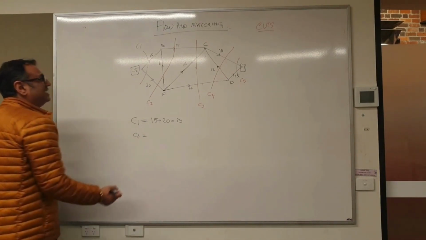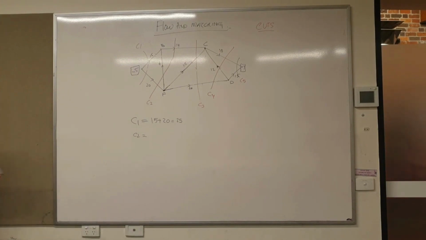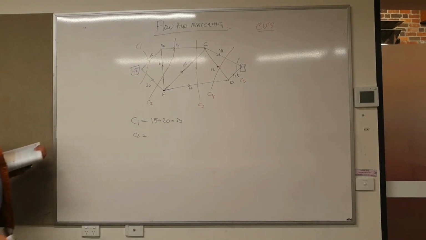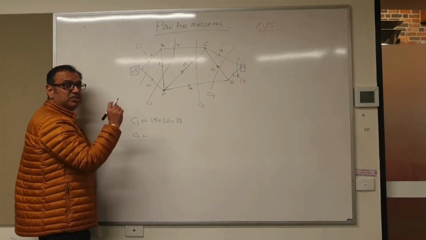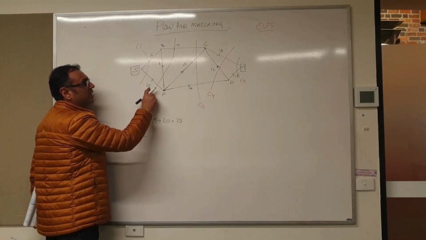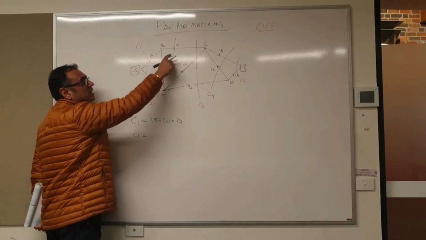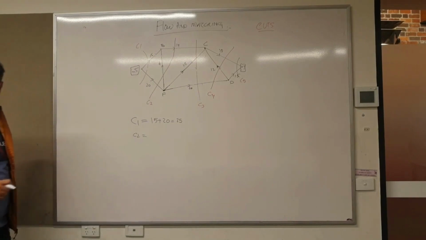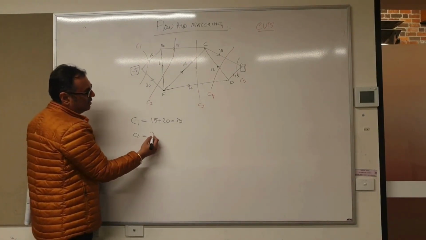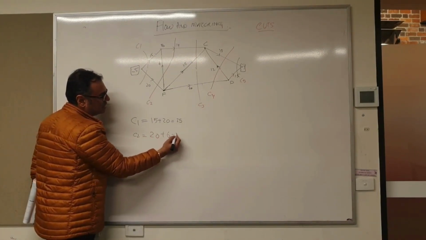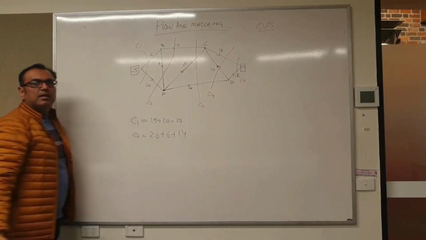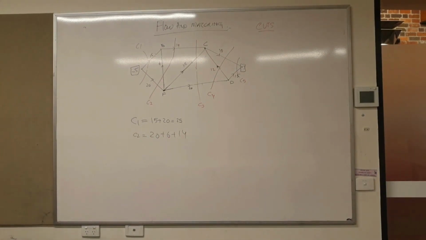C2 is a bit interesting. It takes three edges, 20, 6 and 14. So it says 20 plus 6 plus 14. Now, whenever you are calculating the